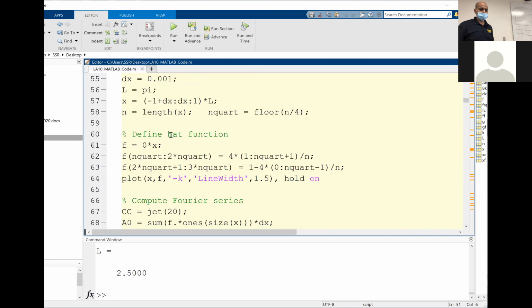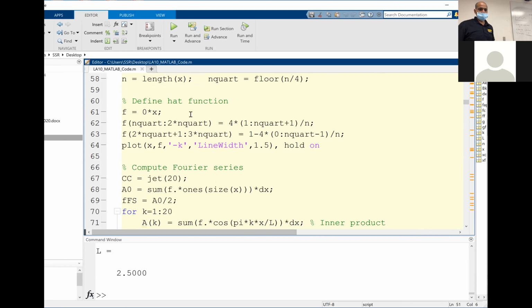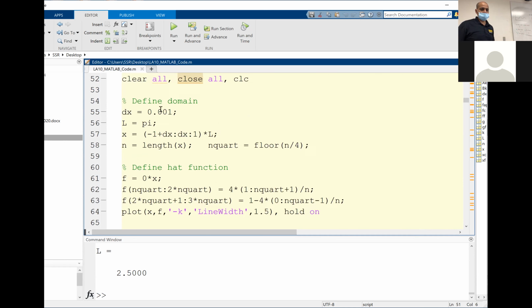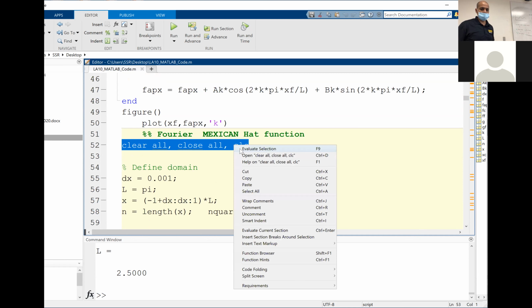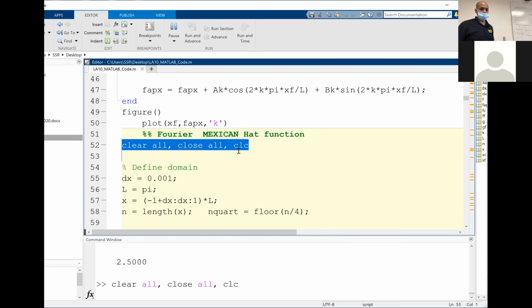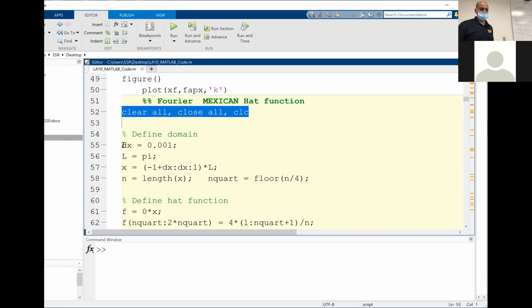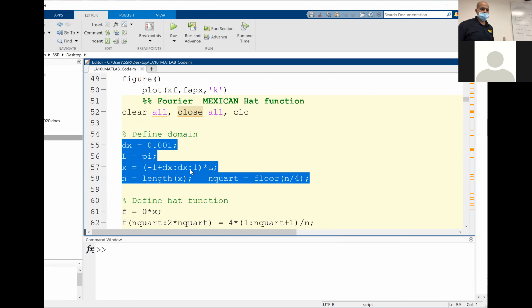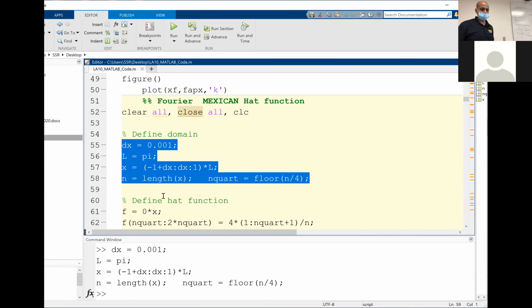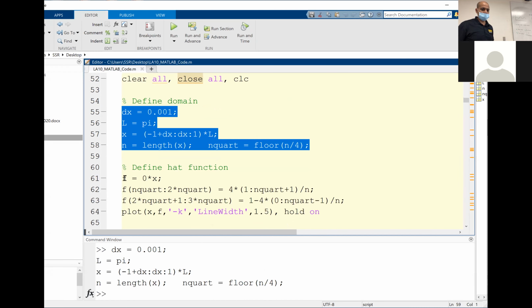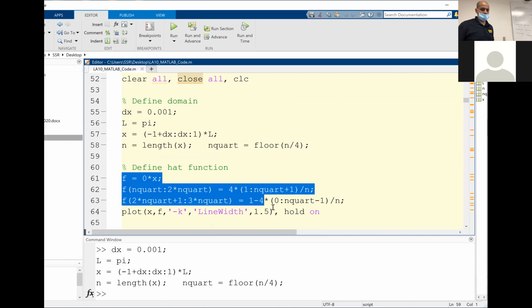And then if you go down and look at the code, it goes something like this. There are multiple ways you can run this code. You can run the whole code in one shot, or you can run the code in sections. So first, let me provide you with a step size. Then let's define this hat function.